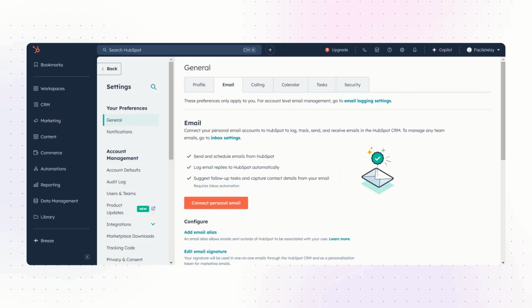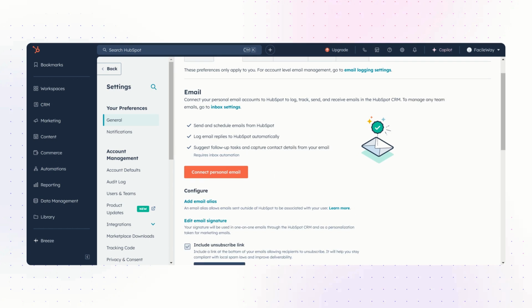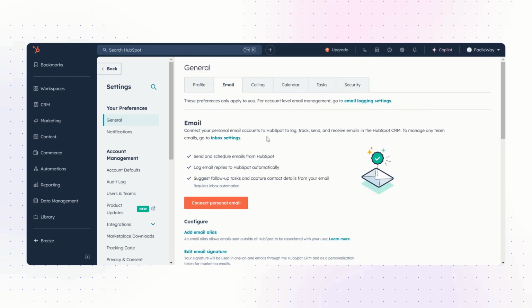Now enter your emails. Here you have to connect your personal email that you will use to send and schedule emails from HubSpot. It can log email replies to HubSpot automatically, suggest follow-up tasks, and capture contact details from your email.